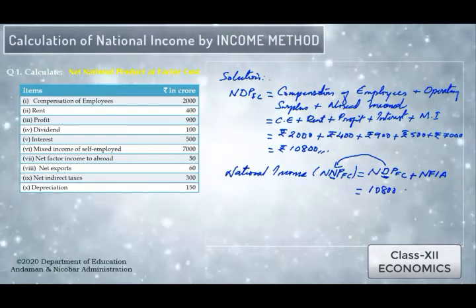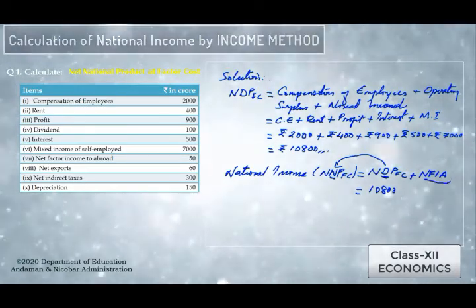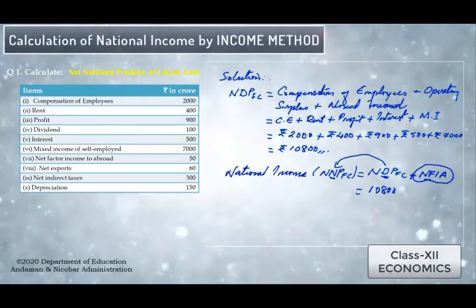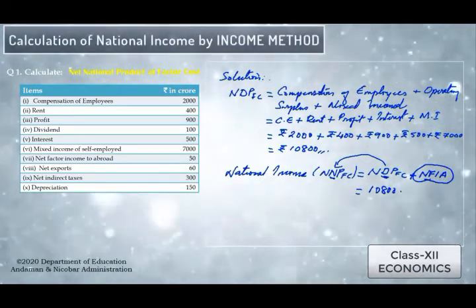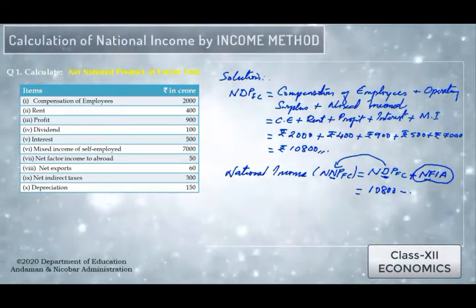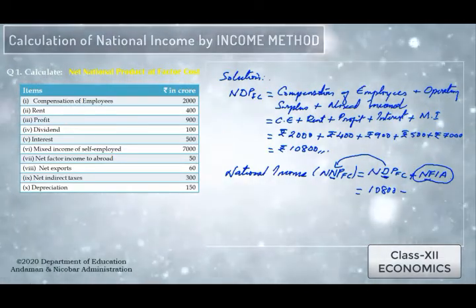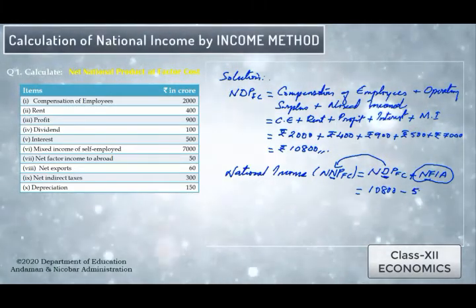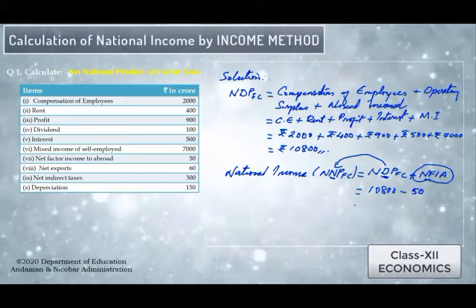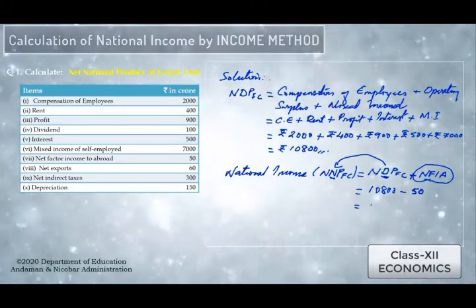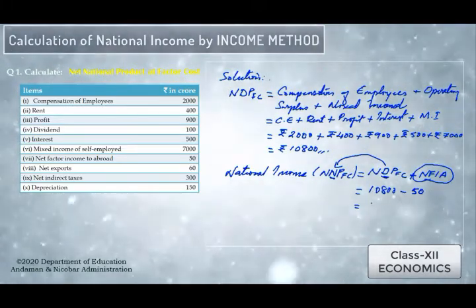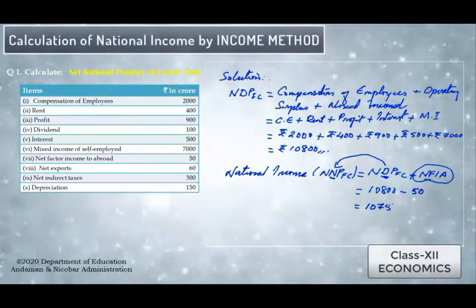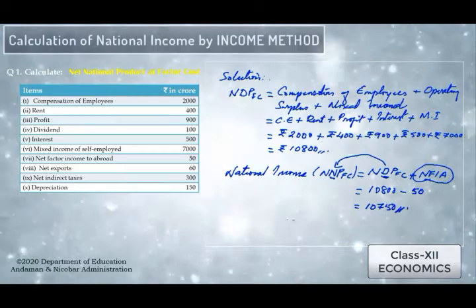So when we have the value of net factor income to abroad in place of NFIA, that is net factor income from abroad, that value to abroad should be subtracted. So we will subtract the value of 50 from the NDP value, so that this value can be converted into the national income. So the NNP at factor cost now will become